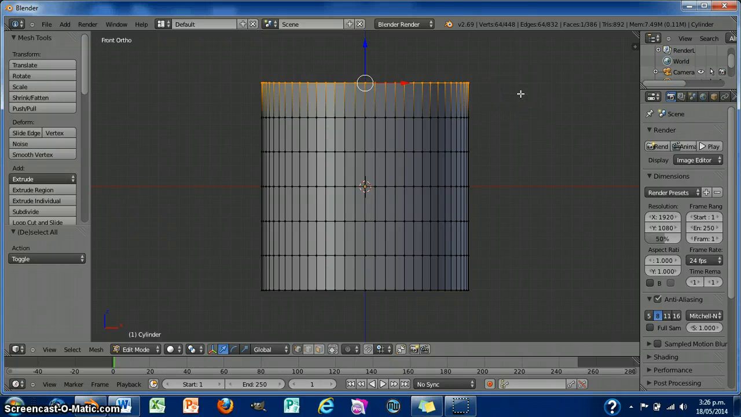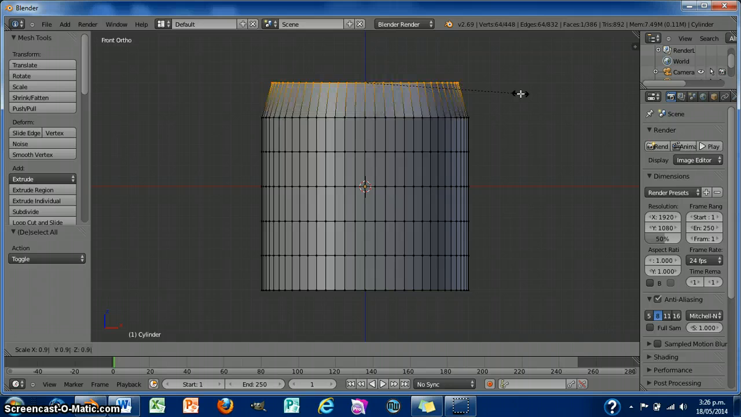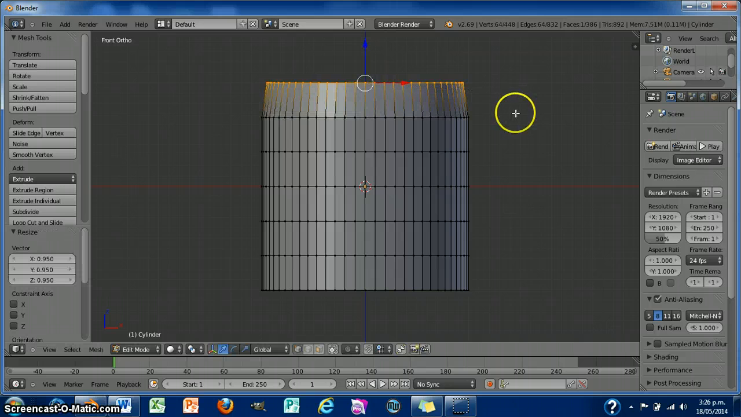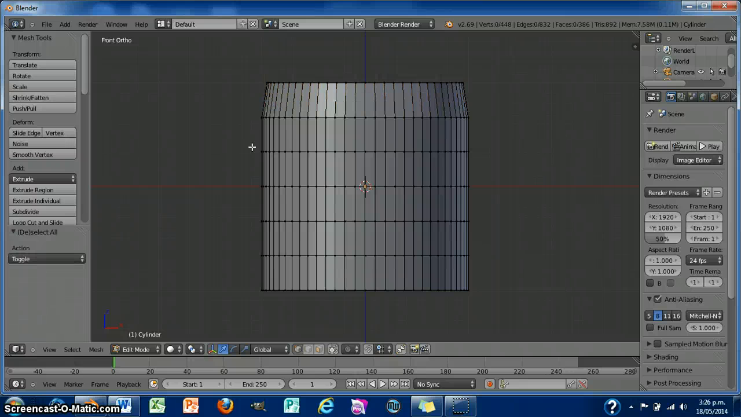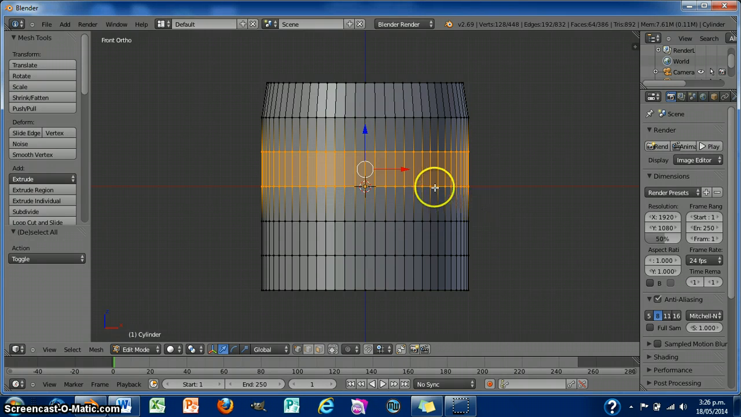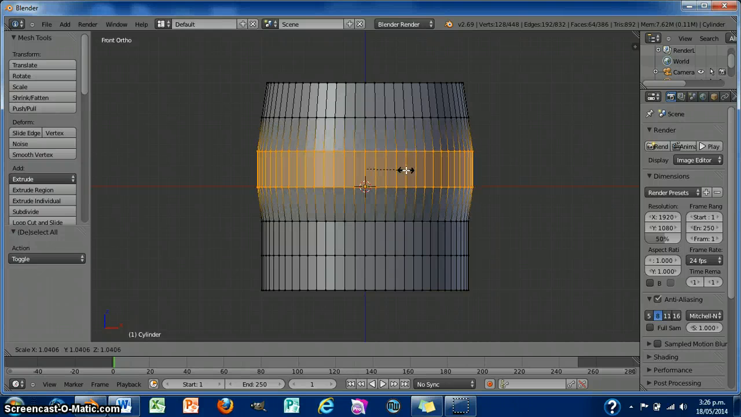Now what I'm going to do first of all is I want to scale this in a bit at the top of my cup so it's a bit more rounded. So I'm going to scale S. I think I'm going to scale by 0.95. Okay, quite a nice little curve at the top there. Then what I'm going to do with this section, so A to deselect everything, then B to select, I'm going to select those two, and I'm just going to scale those out slightly, so not too much, but